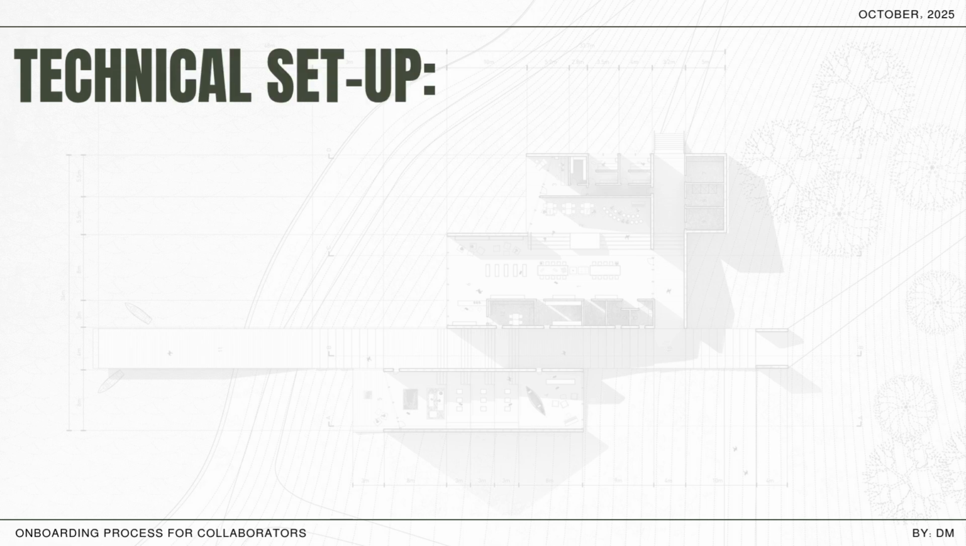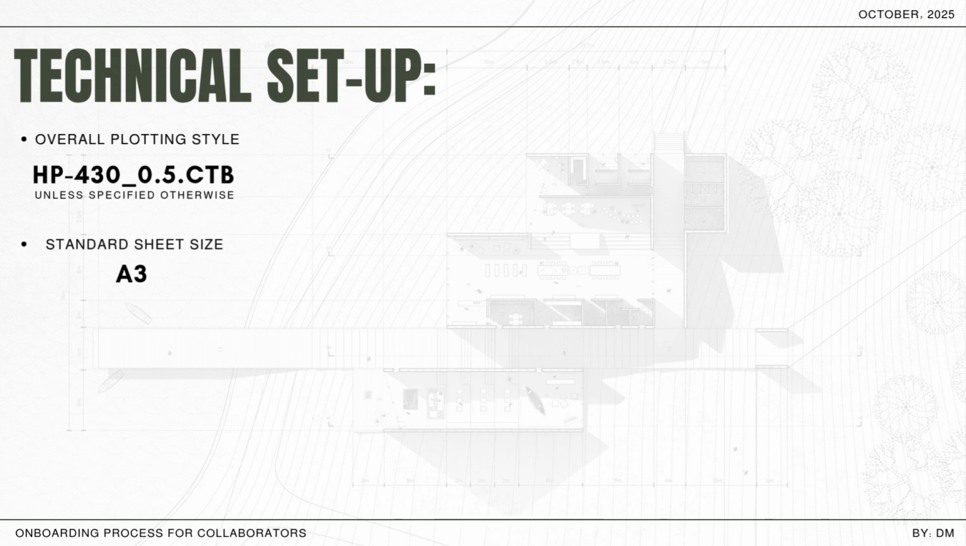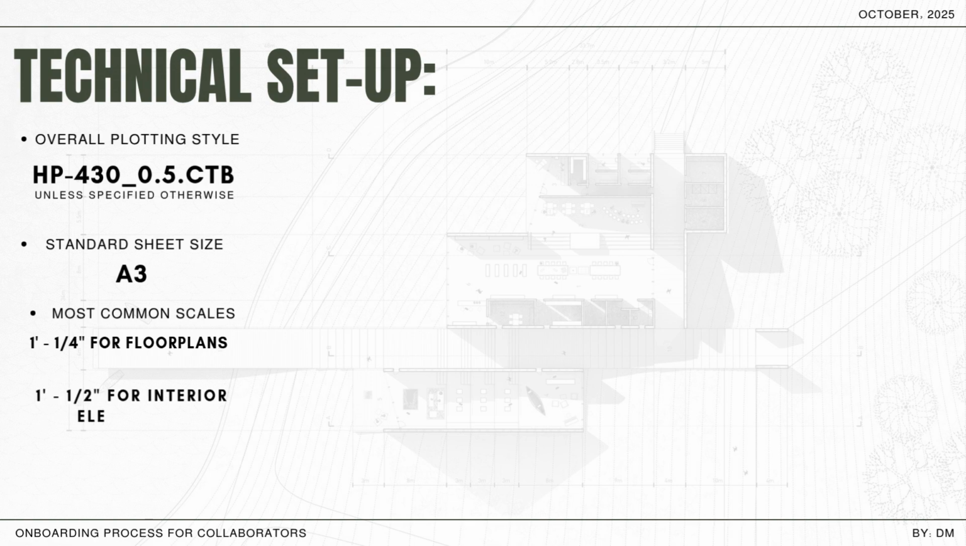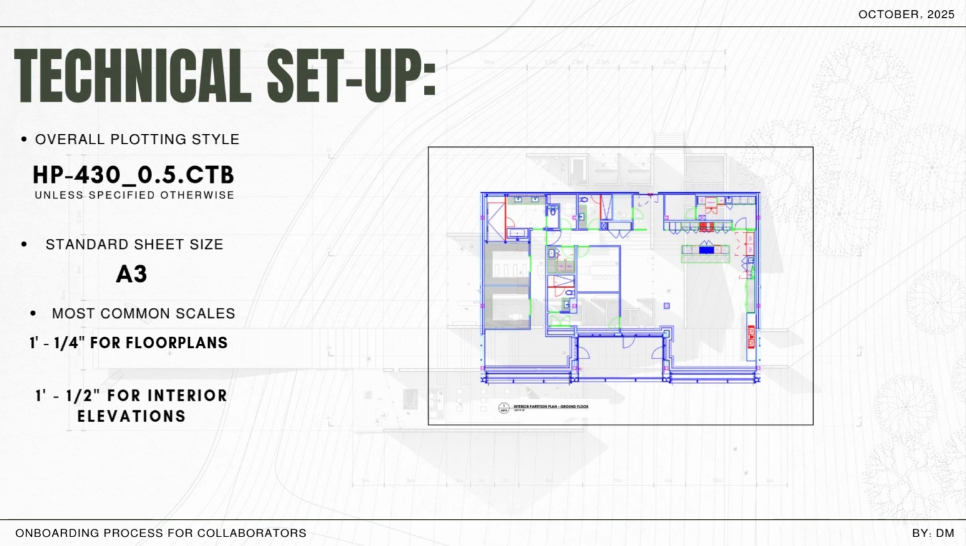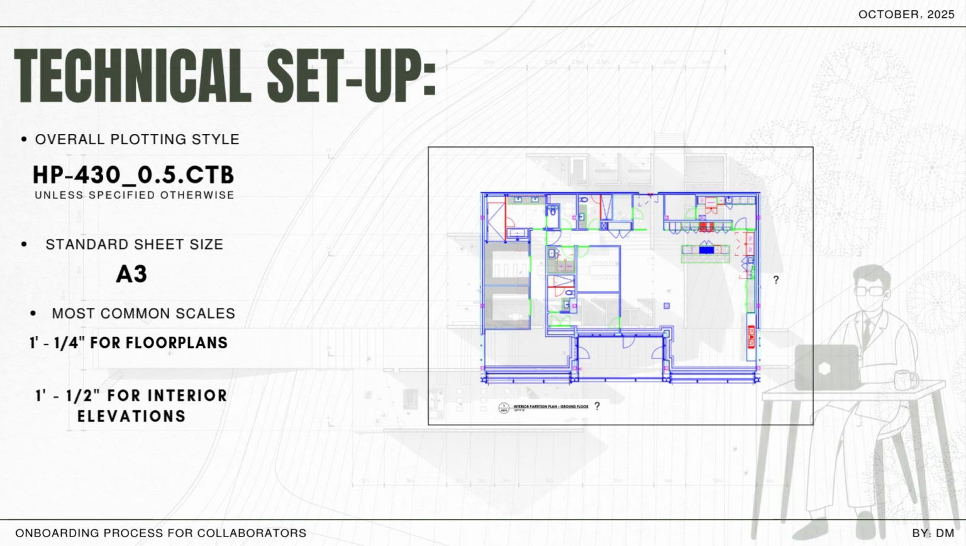For CAD files we will use the plot style HP 430_0.5.ctb. This will be provided at the beginning of the project. The standard sheet size is A3. Depending on the size of the building this could change, but this is the most common one. The most common scales are 1/4 inch equals 1 foot for floor plans, and 1/2 inch equals 1 foot for interior elevations. If you're unsure about any particular drawings not fitting in the layout, always double check with the project